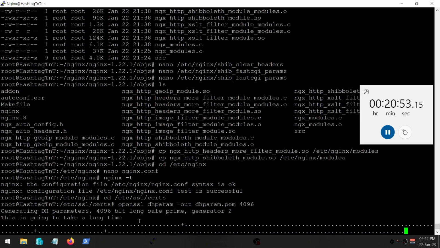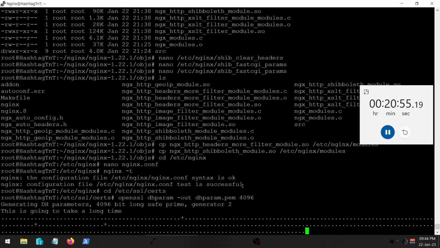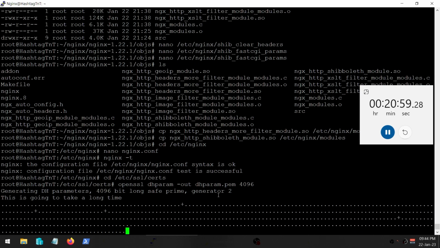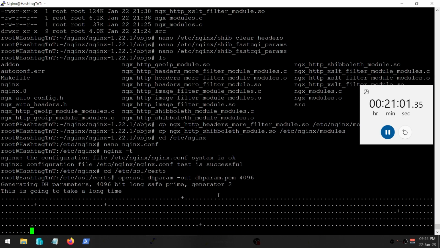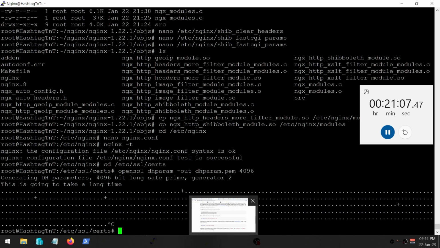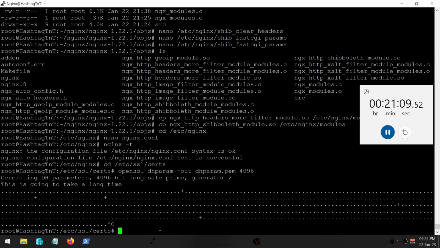So yes, it does take a long time, about 10 to 15 minutes. So don't close it, don't crash it, and don't think that it's not working. It is working, so be patient. I'm going to just cancel that because I will run it later when I have the configuration file up and running. So I'm going to pause this now, and I'm going to fetch all those files, modules, my configuration file,